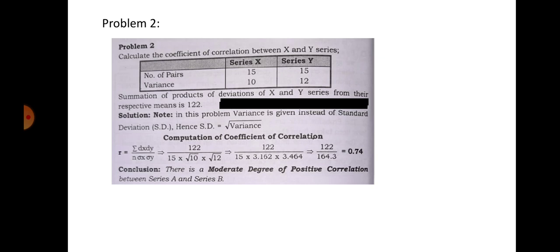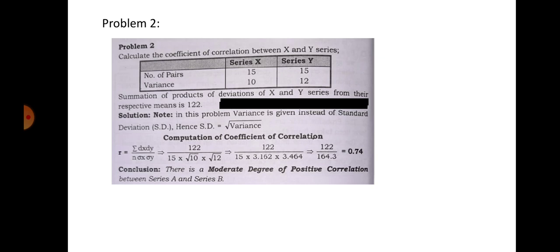0.74 is a moderate degree of correlation, since it is not nearing 1. A moderate degree of the coefficient of correlation is there in the given data. At least if you write positively correlated variables, that is also sufficient. But you should not forget to write the inference at the end, which carries 1 mark.